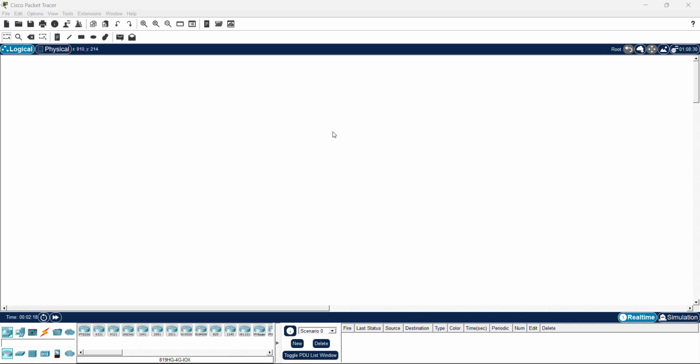DHCP means Dynamic Host Configuration Protocol. It is used to automatically assign IP addresses to end devices. So we're going to